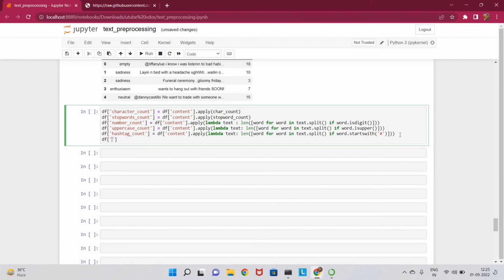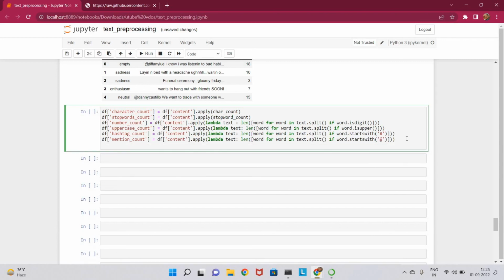So now here mention count. What I'll do is just paste this here with the at-rate symbol. Now, if I check the data frame,